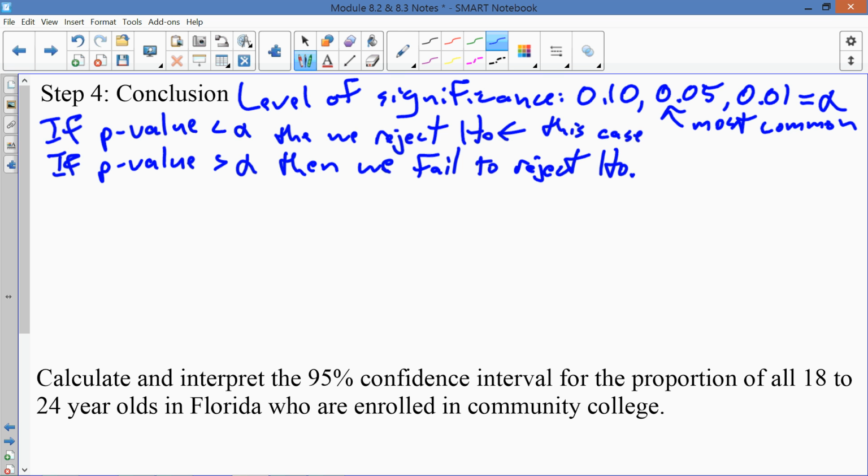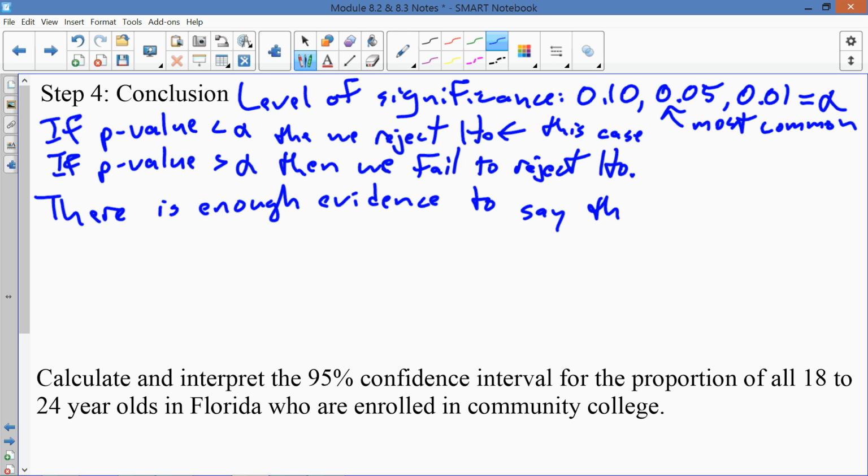So in this case, we're going to reject the null hypothesis, and we can thus now write our conclusion so that we can say what the final result of our hypothesis test is. And we can say there is enough evidence to say that the proportion